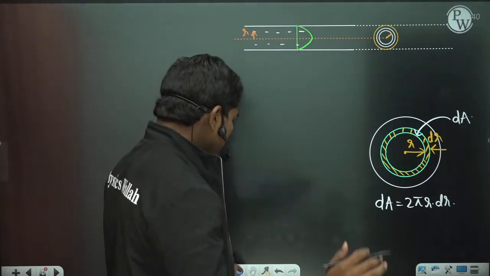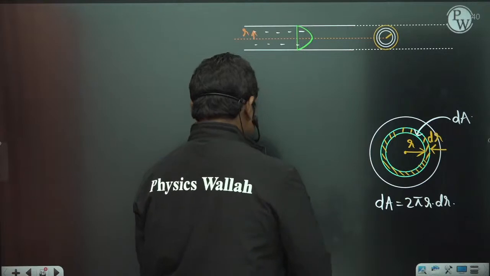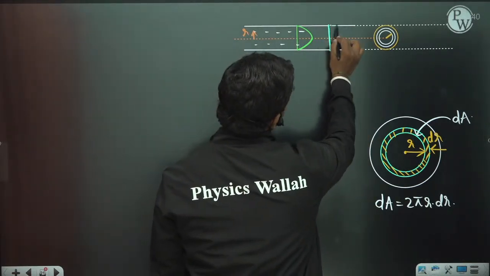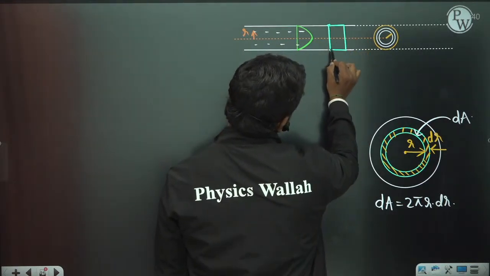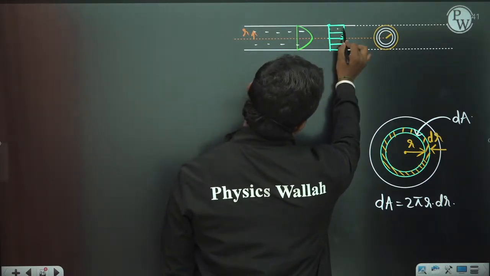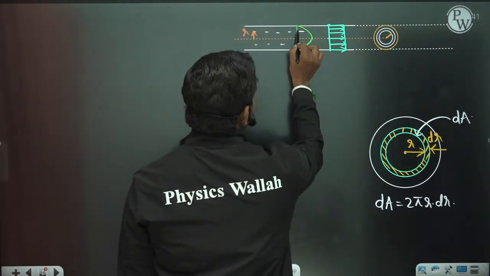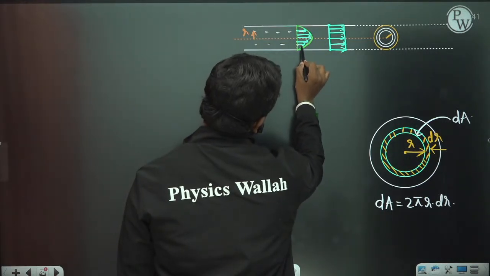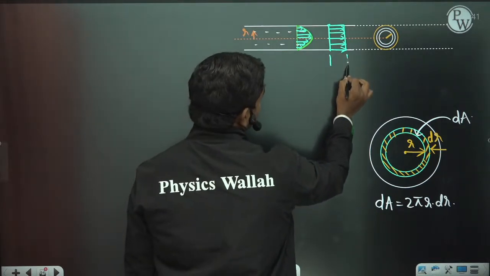Now, if you assume this complete section has the same uniform velocity, means every particle is moving at equal velocity, which is not actually the case, of course. Here, if you see, the velocity will be something like this. But if you assume that at every location the velocity of the particles is the same, then